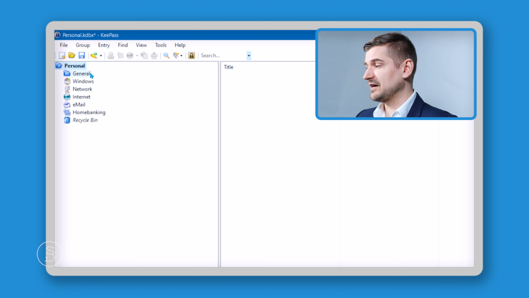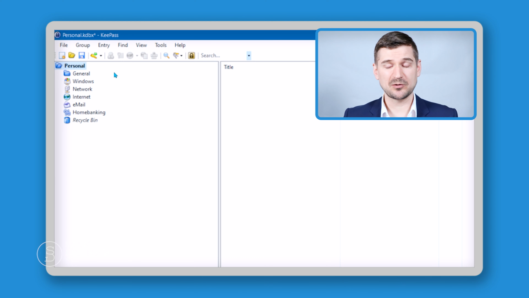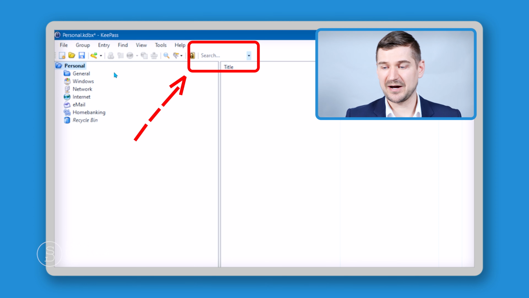As you can see on the left, there are subfolders that are within the main folder of personal. So what you can do is when you make your passwords, you can put them in those specific folders, or you can just keep them all in the root. There is a search feature that is very powerful in KeePass, and I find it to be a really simple way to find passwords. So generally I keep most of my passwords in the root, but sometimes I will file my passwords in specific folders, such as Windows or home banking or things like that.